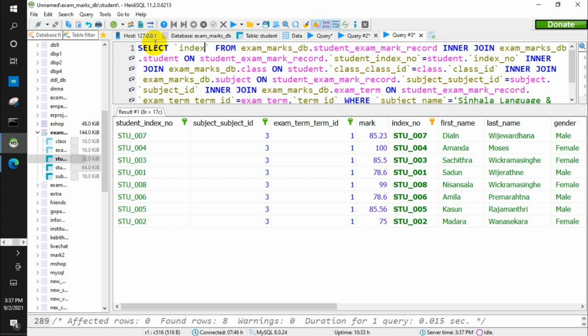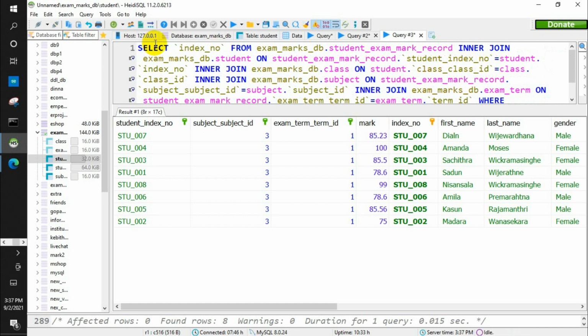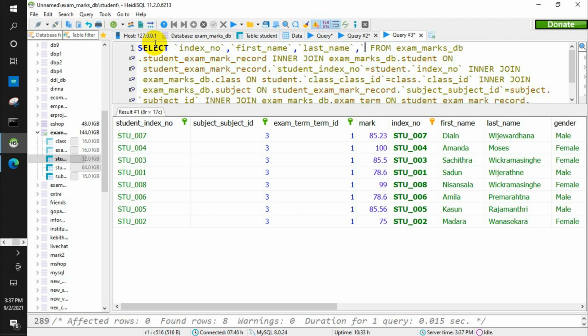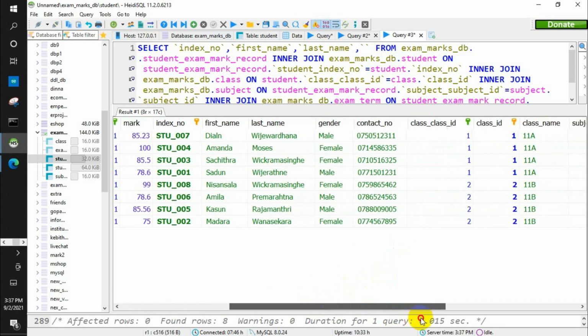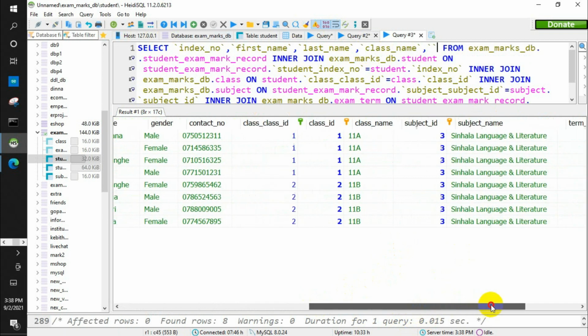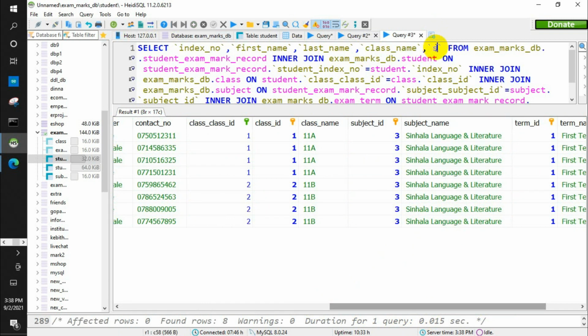I'm going to need the index number, the first name, the last name, and the gender is not that important, and the class name, and also the subject name.